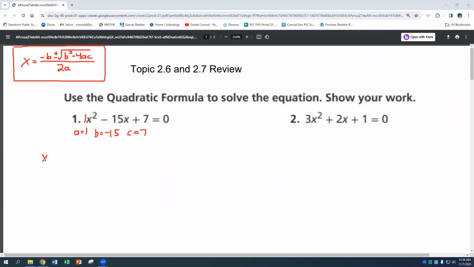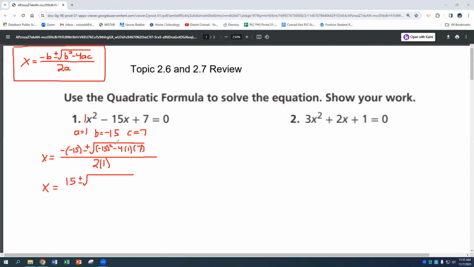So x is going to be equal to opposite of B. So I'm going to do negative times negative 15, which will end up giving me positive 15 in the end. Plus or minus the square root of 15 squared, negative 15 squared, minus 4 times 1, and then times 7, all over 2 times a, so 2 times 1. All right, so from here, x is going to be positive 15 plus or minus